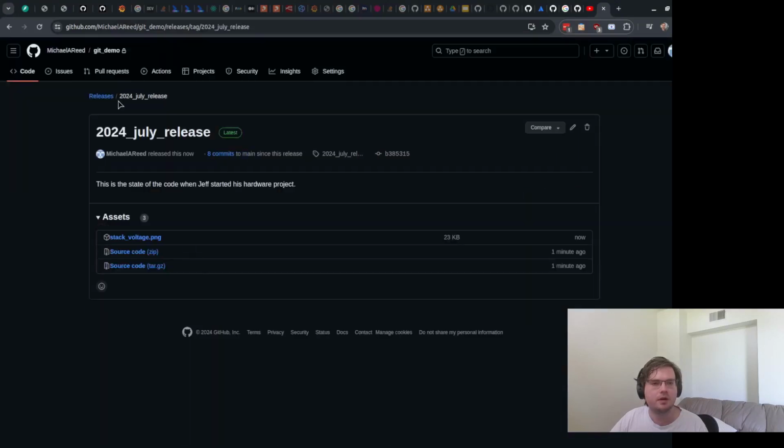So now I've got a release here, which has the state of the code because it's also linked to a commit, which is that commit that we had, but it also has files, assets that you can connect to it. It also makes it very easy for you to download the source code as a zip file as it was at that point. So you don't have to go through the whole Git thing of checking it out or whatever, if you want to make it very easy for someone to get the code at that specific state as well.